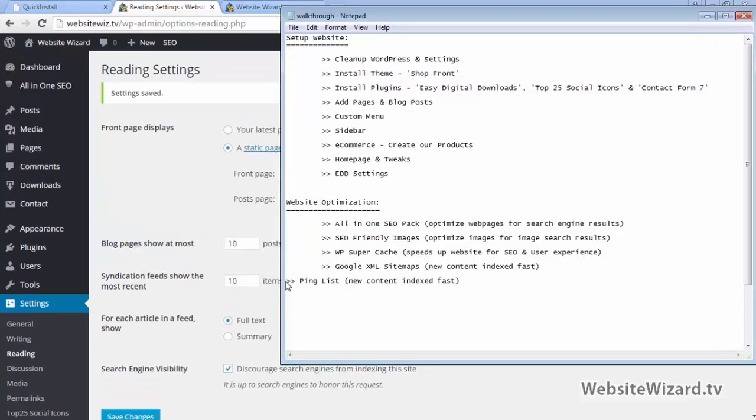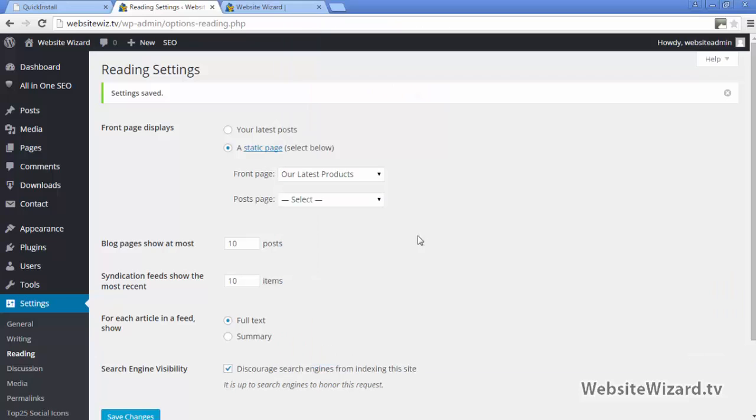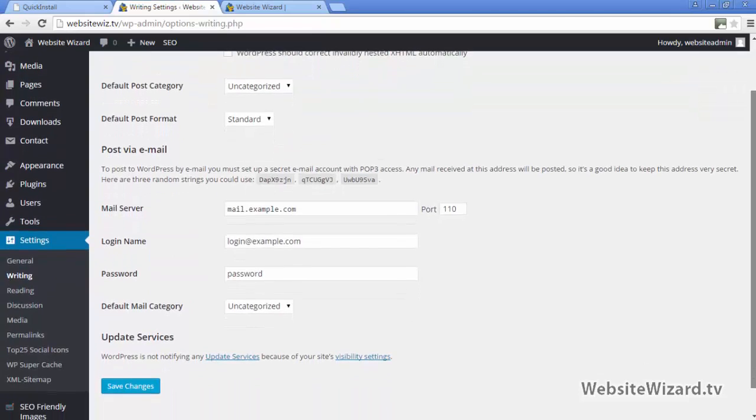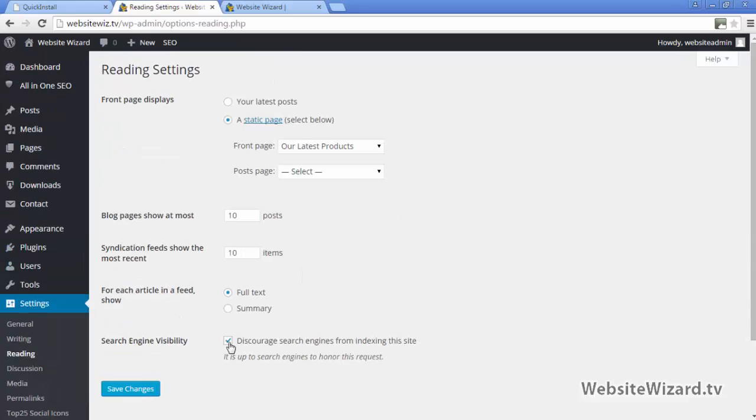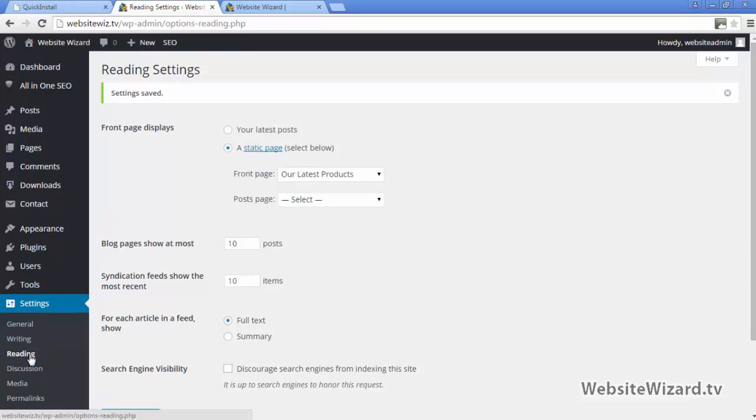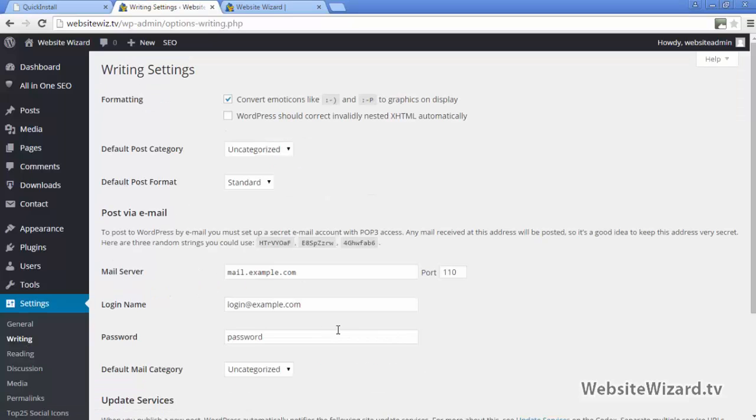The last thing we want to do here is update our ping list, and that will help our new website pages and content get indexed fast in the search engines. To do that, come over to settings and click on writing here and scroll to the bottom, and we want to do this update services right here. I've got a little message here because I've actually turned the indexation of this site off while I'm working on it. So I need to go back to reading here, uncheck this and click save changes, and then come back to settings and writing here. So if I scroll down